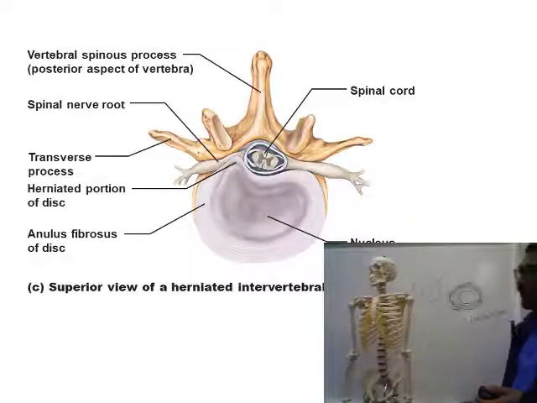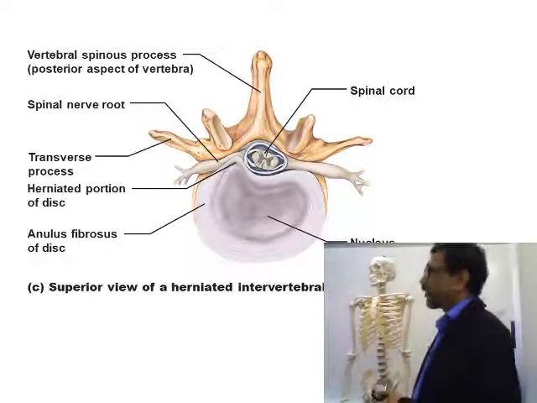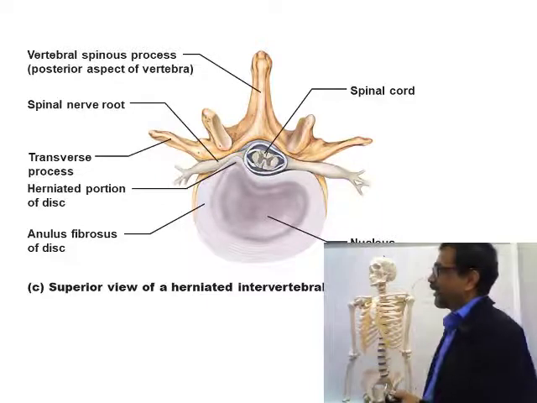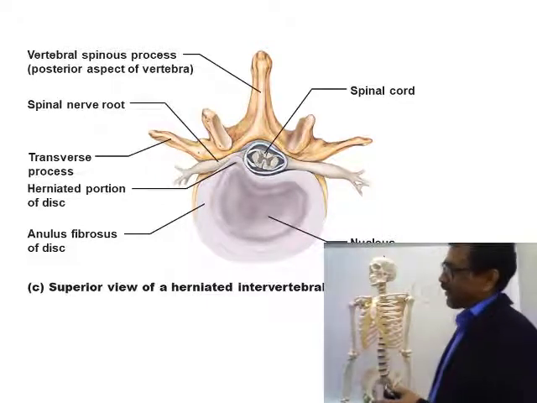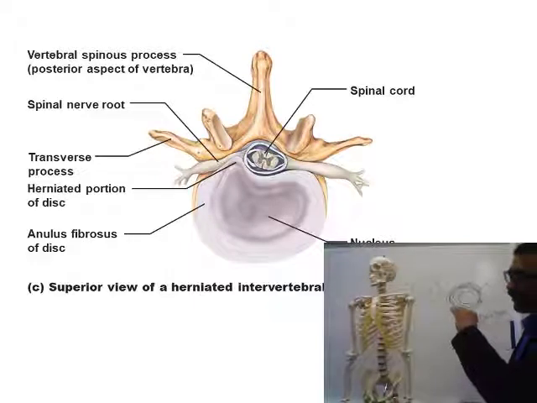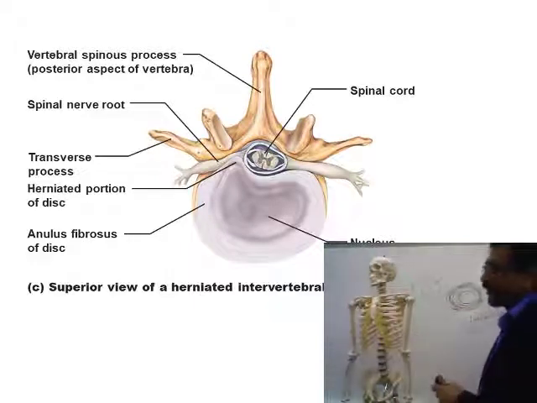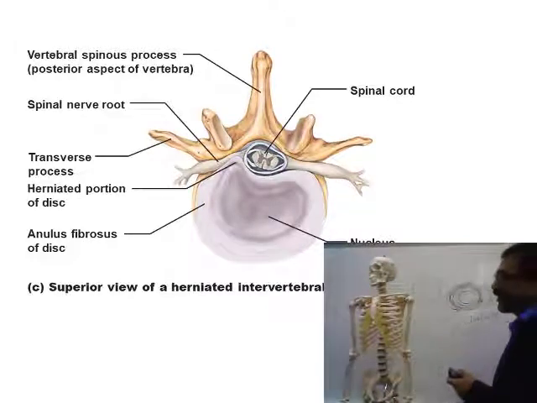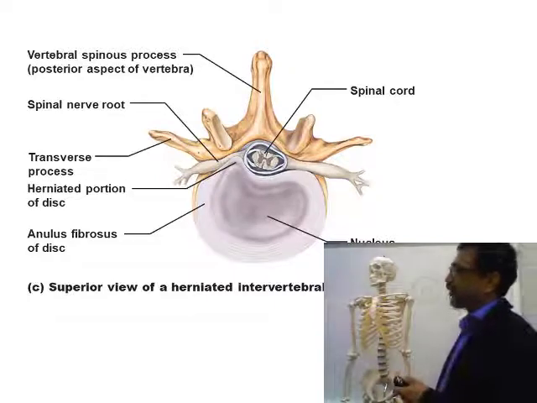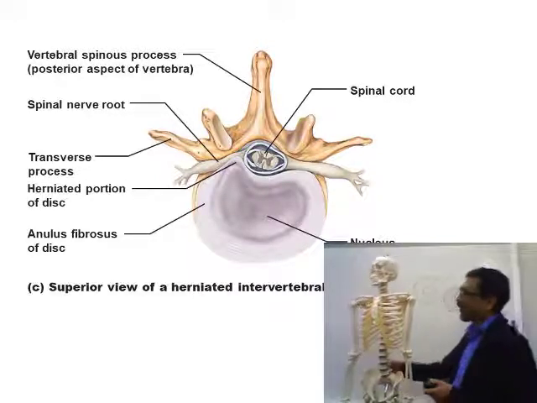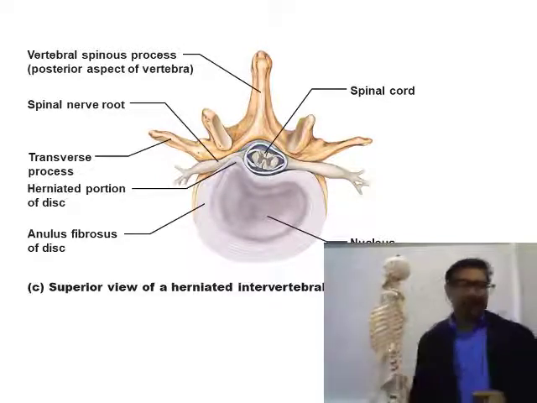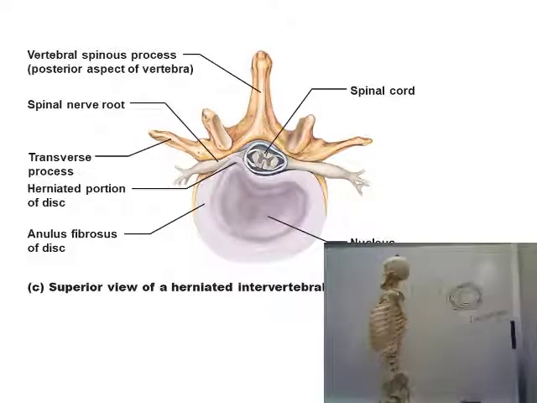Here you see herniated disc or slipped disc. In right side you see it is the normal position. In left side of the disc you see here it has pushed backwards. So that is the herniated part, this part. This is the normal position, should be like this, but this portion